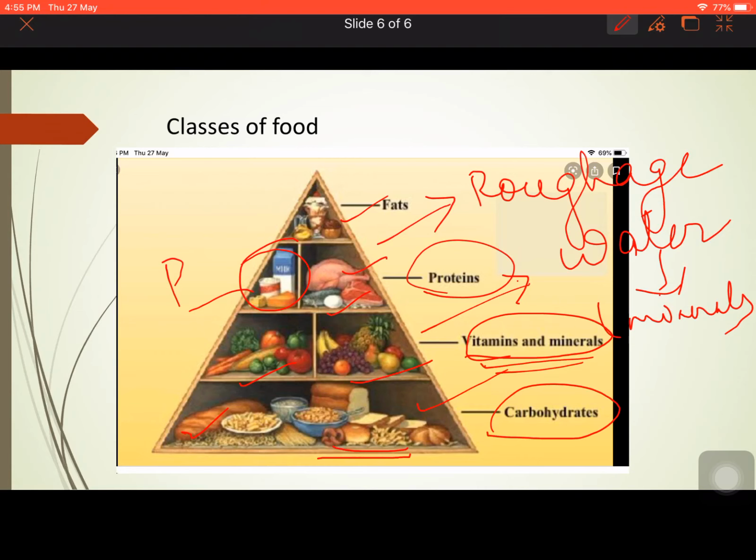Roughage should be added, and water intake is very much essential, either directly water, juices, or anything in liquid form, or foods which have more water, like watermelon, etc. Is it clear to everyone? So till here, if you have any doubts, go through your textbook, and if you have any doubts,